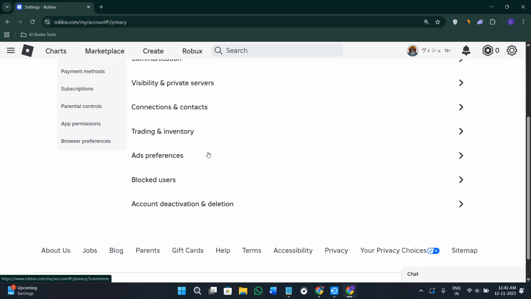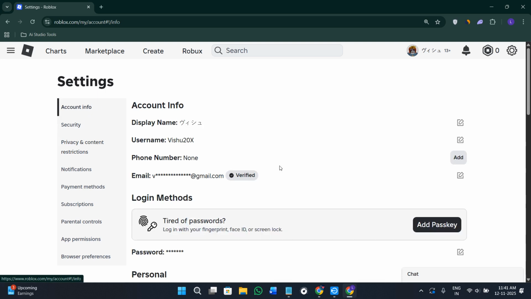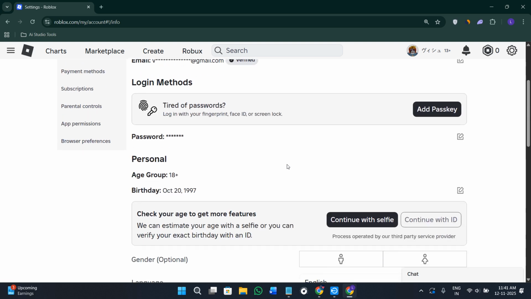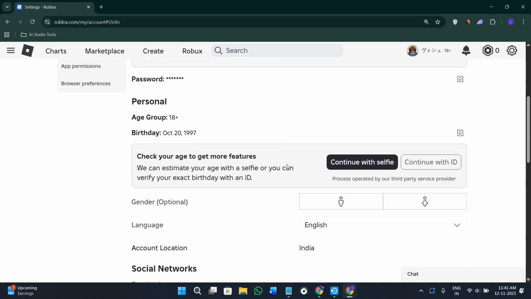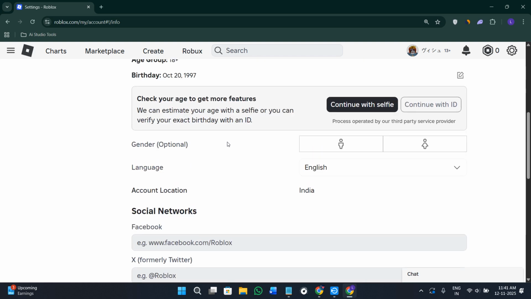So once you click over here, you are going to see the option of who can join me in the experiences. So here, when you select this option, you can just simply select the setting who you want to allow when you are playing Roblox. You can also click on further options like who can join me in the experiences, and then you can select like everyone, friends, or no one. If you select no one, no one will be able to basically join you when you are playing your game